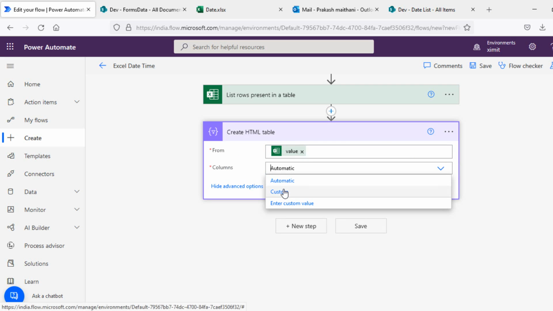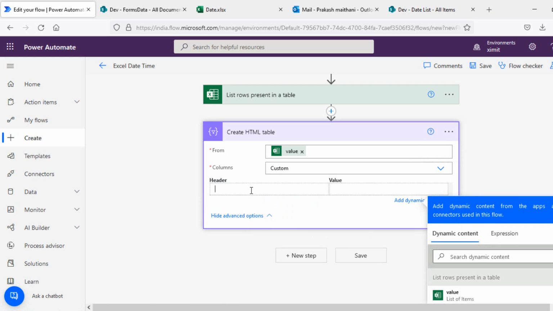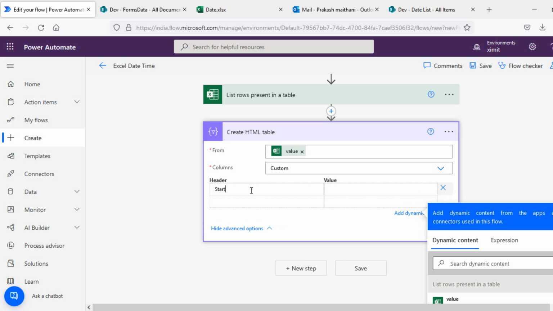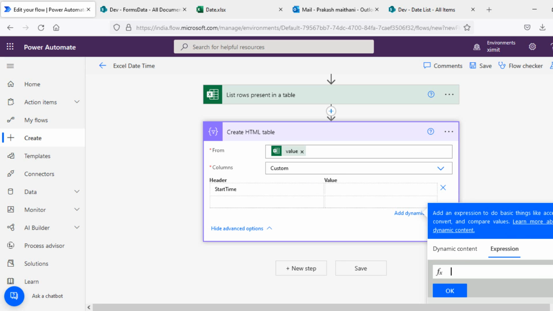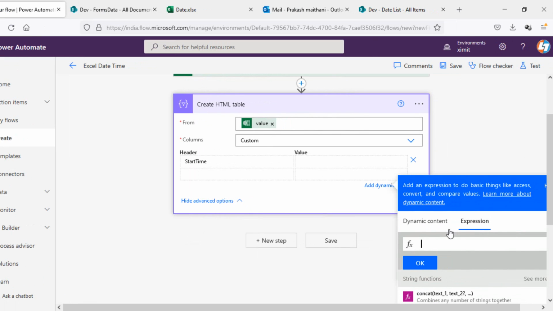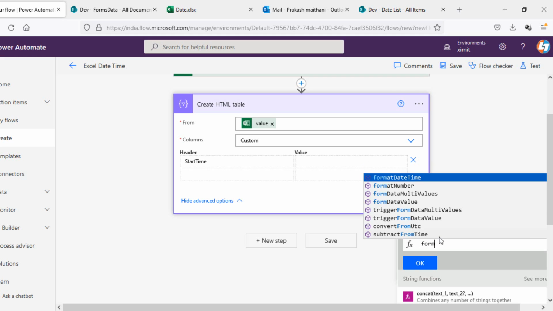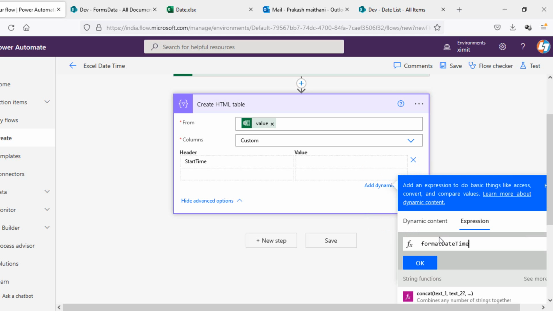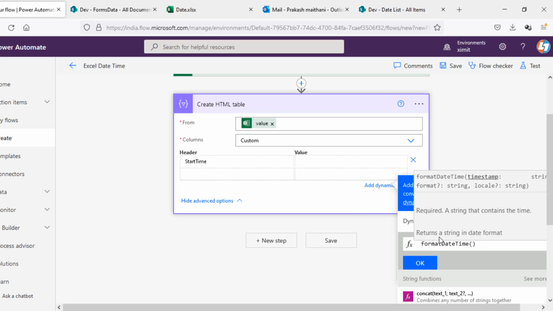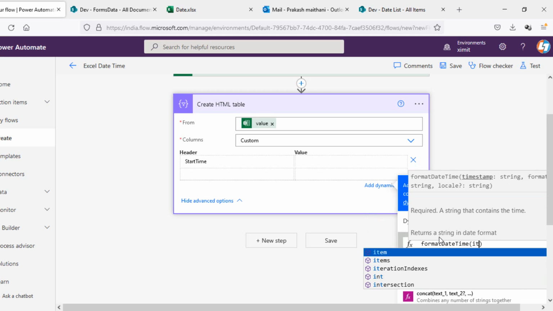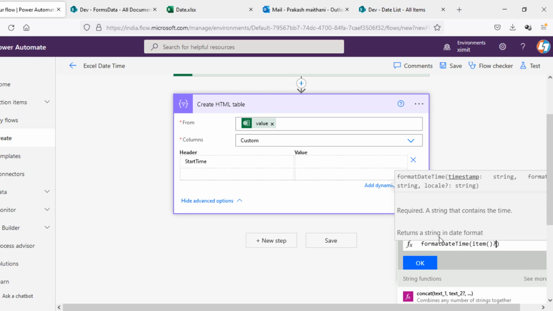I'll create a custom table and I'll type start time, and in the value section what I have to do is type formatDateTime, and inside this one I will select this item,